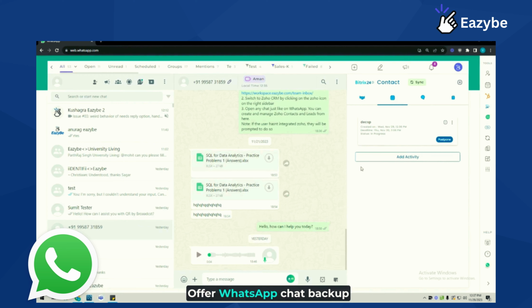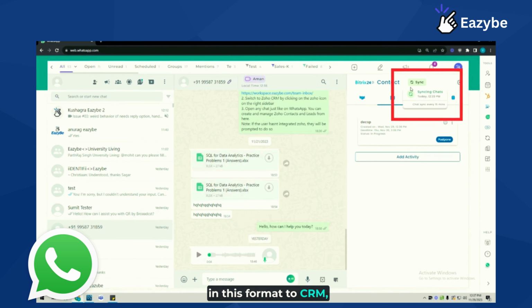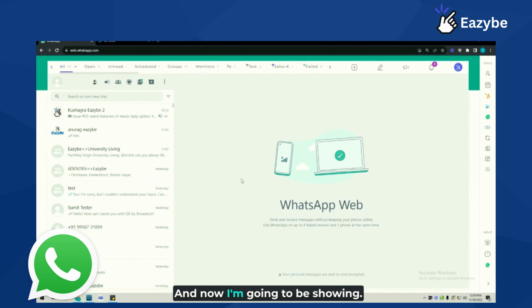We also offer WhatsApp chat backup in this format to CRM, where chats back up in cycles of every 15 minutes, and they'll start from the minute you connect this contact to the contact on Bitrix and integrate the CRM with WhatsApp. And now I'm going to be showing you how to use Bitrix with WhatsApp if you have the